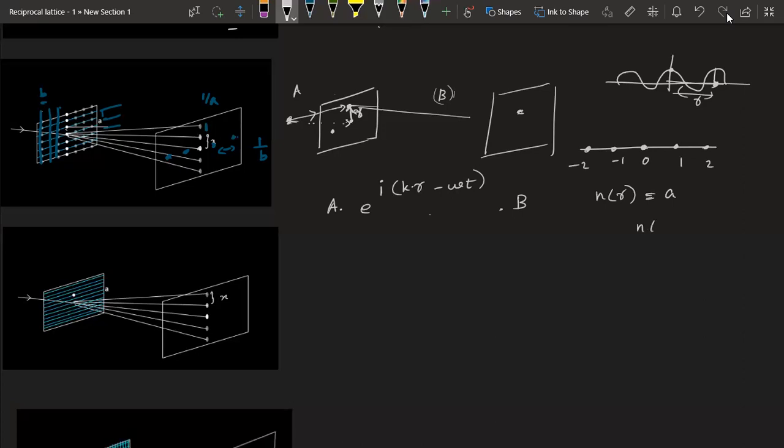So N of 0 will have some value because there is an atom. N of 1 will have some value, the same value actually, since it's periodic because it's the same atom. I have already used the value A, so I'll put some other value, Y, say. So N of 0.2 will be 0, or near 0, because there is nothing to reflect. So whether this sheet reflects or not depends on this function N of r, and N of r actually denotes whether atoms are placed.